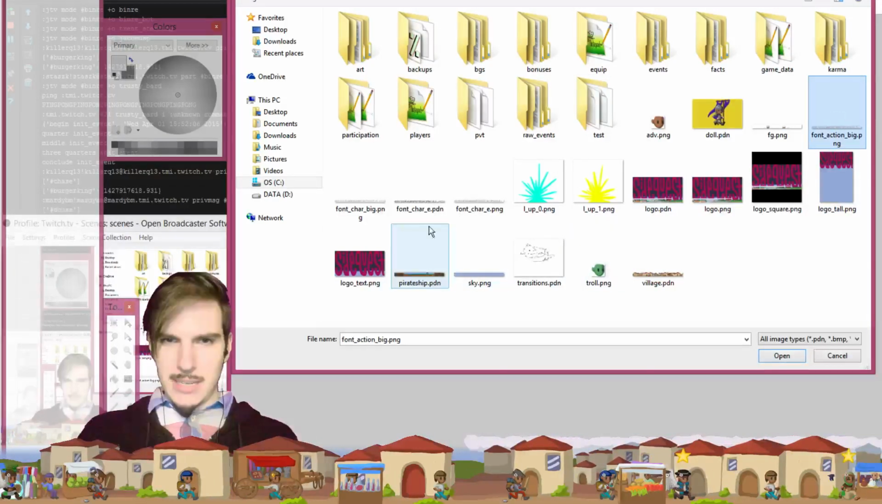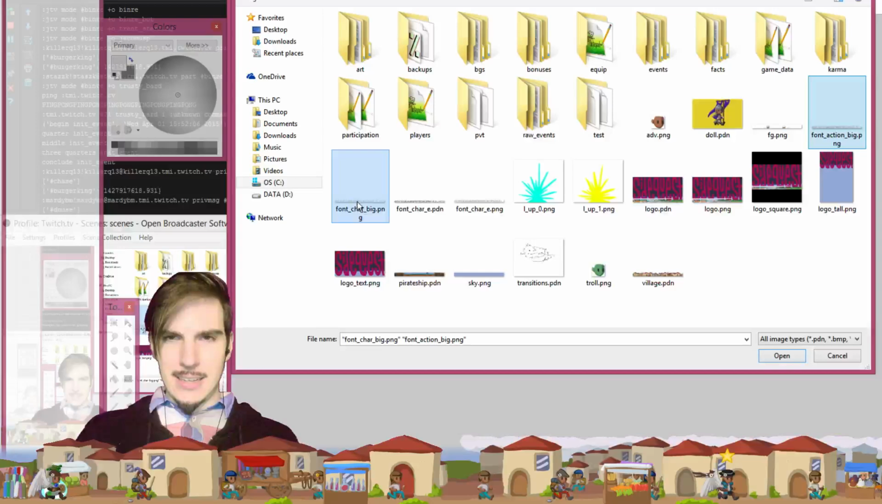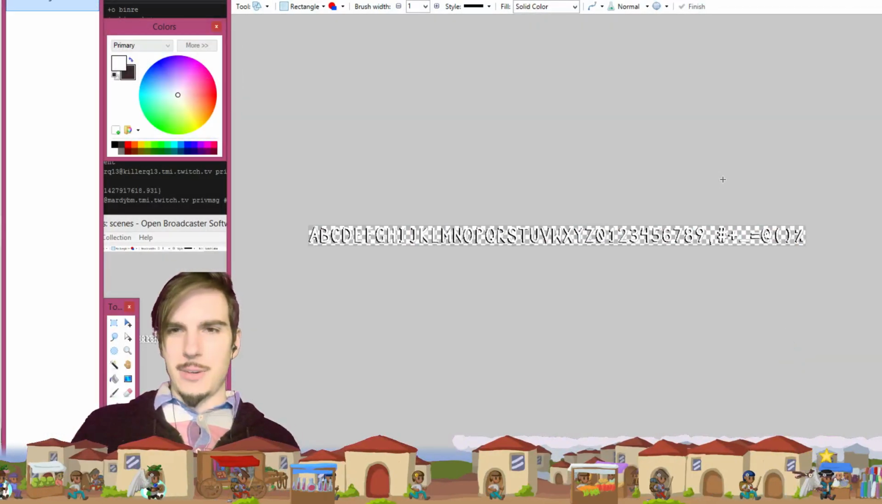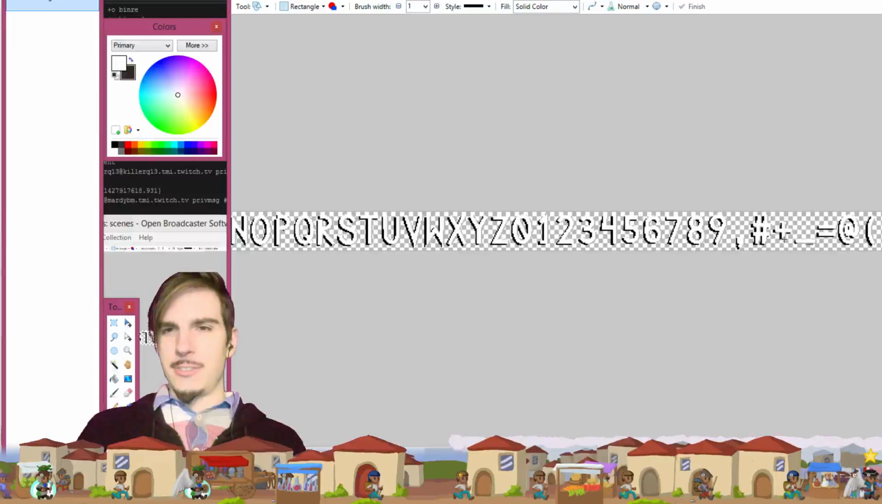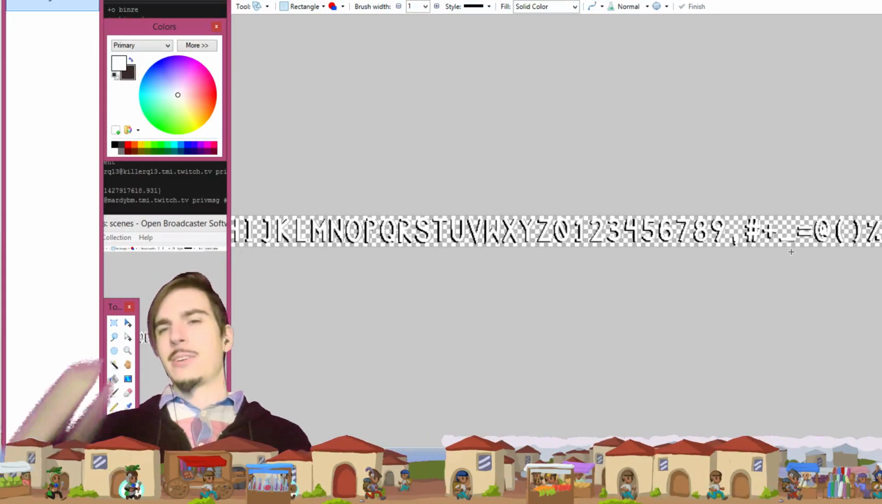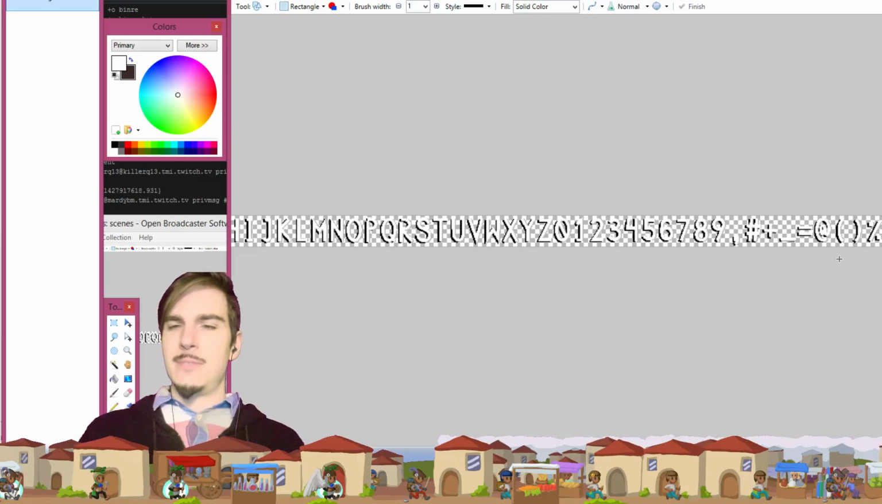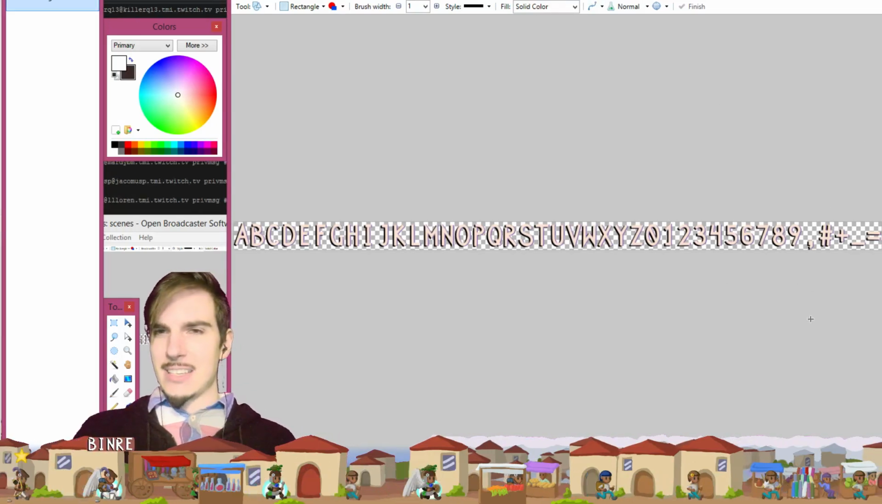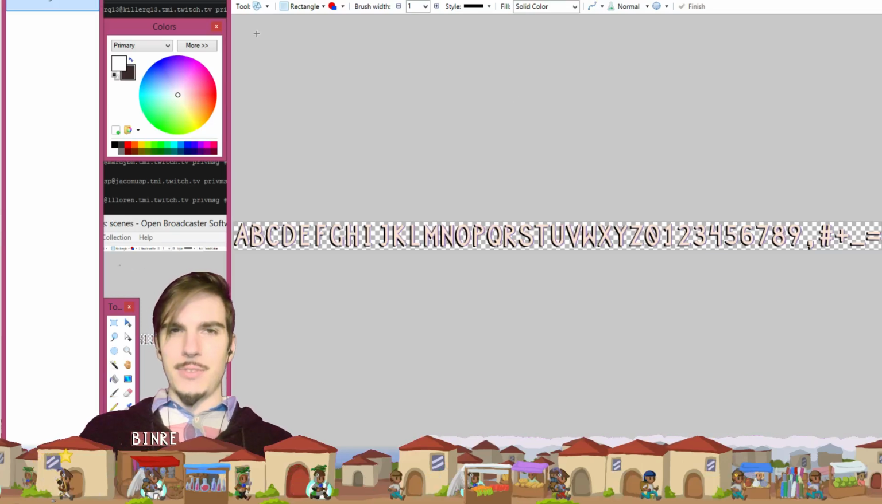I think font action big and font char big are slightly different character sets. For the character font, I added the @ symbol back when I thought I was going to show Twitter names, maybe. Oh, I added in the parentheses already, so that's handy. And this one doesn't have those things yet. So I guess the first thing I want to do